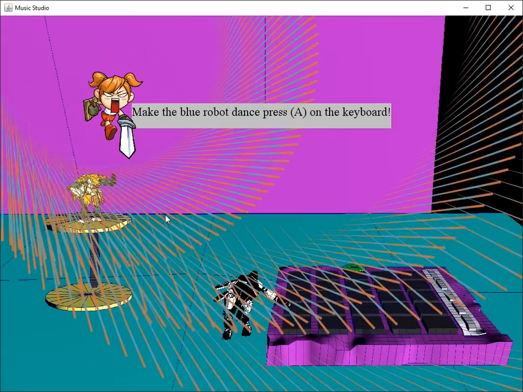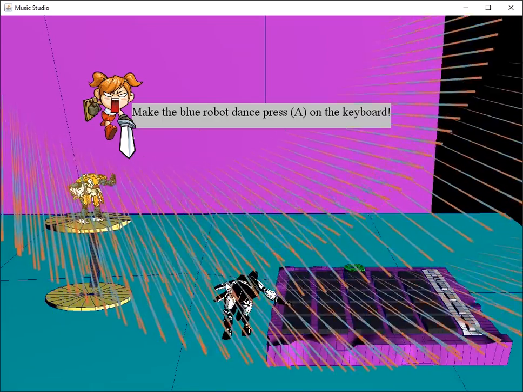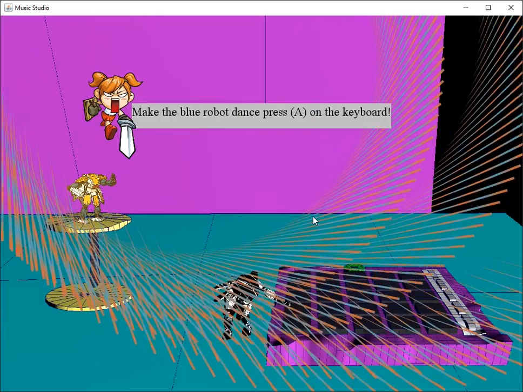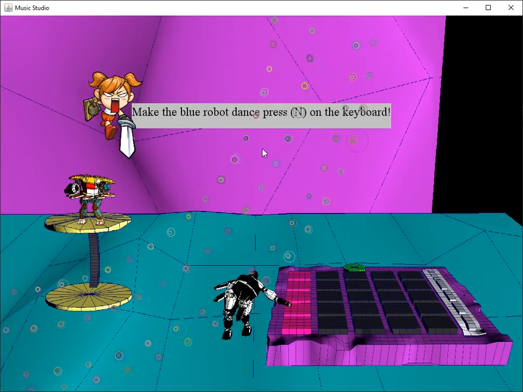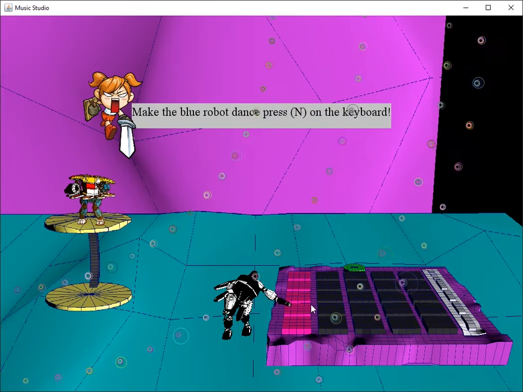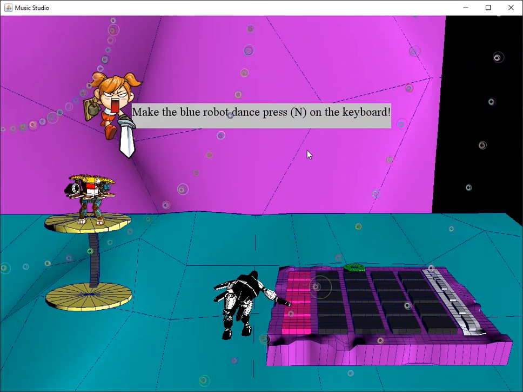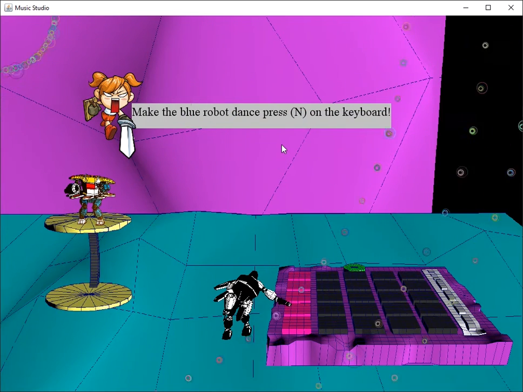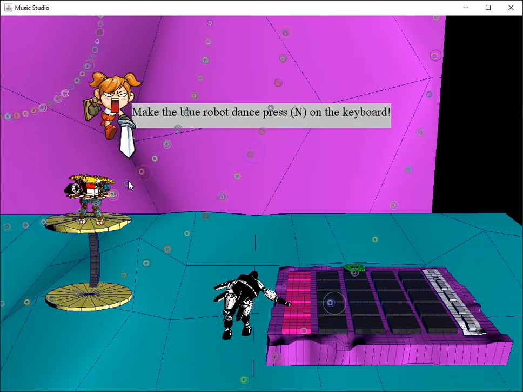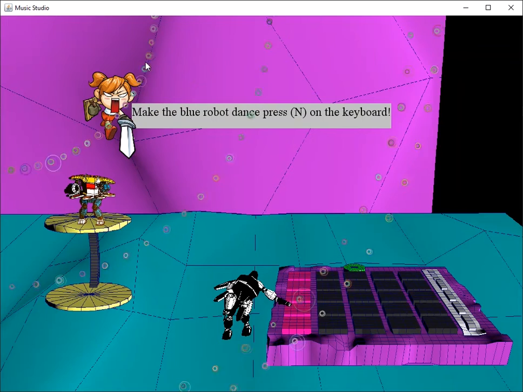So you click D. So that's its first dance state. You see how the environment's slowly deteriorating. It's to represent environmental changes. Click A. Further changes in the environment. The MIDI pad is being played, and then you're prompted to press N to put the dance into another position. But before we go, here are some fractals